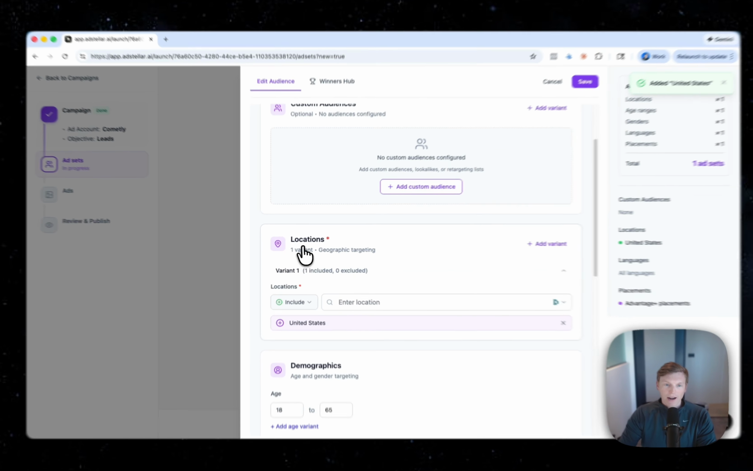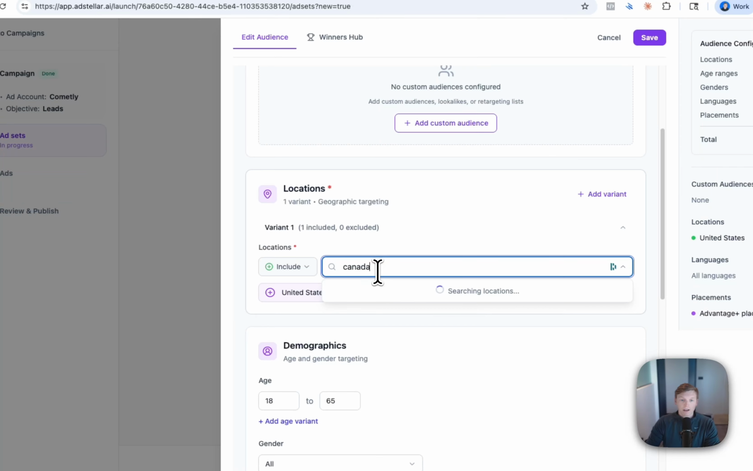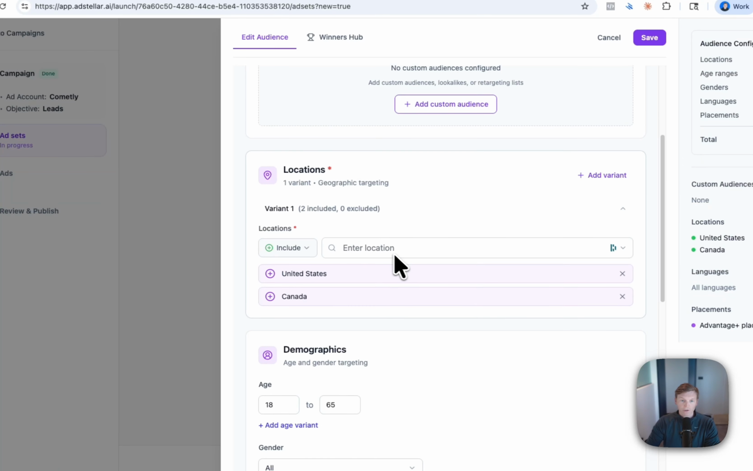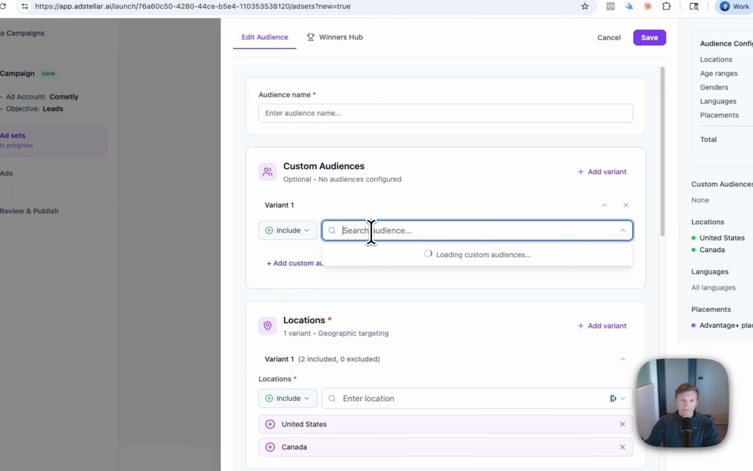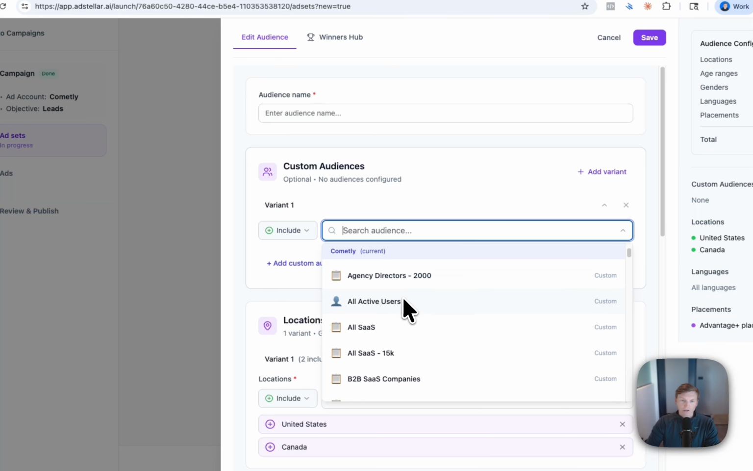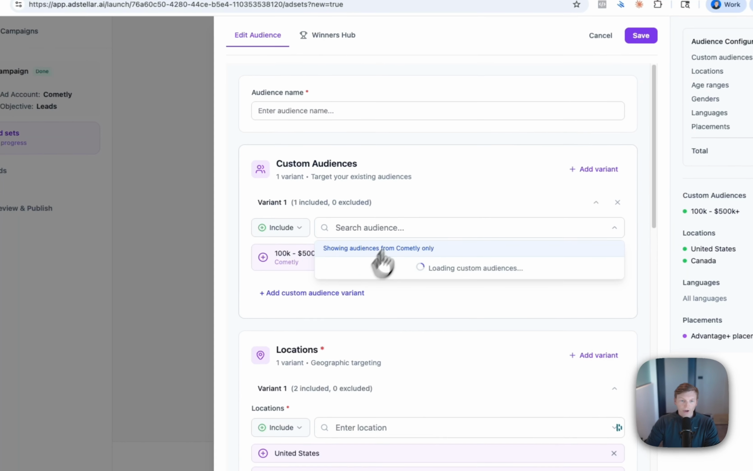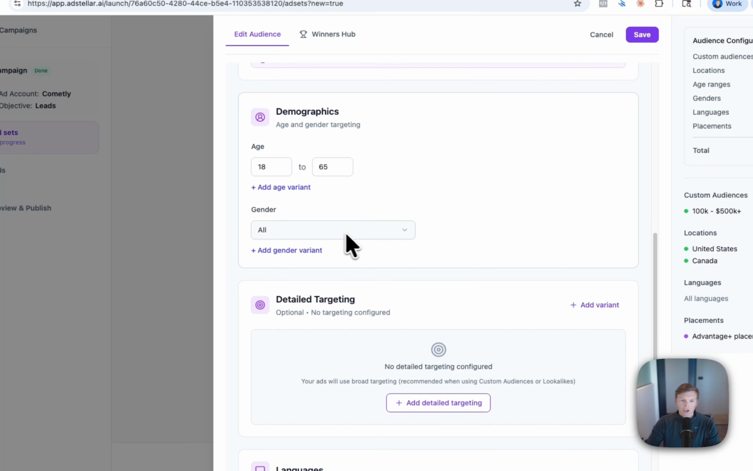And then if I come in here, now I have United States as a location, okay? If I want to add Canada, I can do Canada too, and it works the same way as Meta in terms of all of those different things, all right? Custom audiences, these will come in directly from your ad account, right? So all these different custom audiences that you already have set up, you can go ahead and select those whenever you want. Demographics, gender,